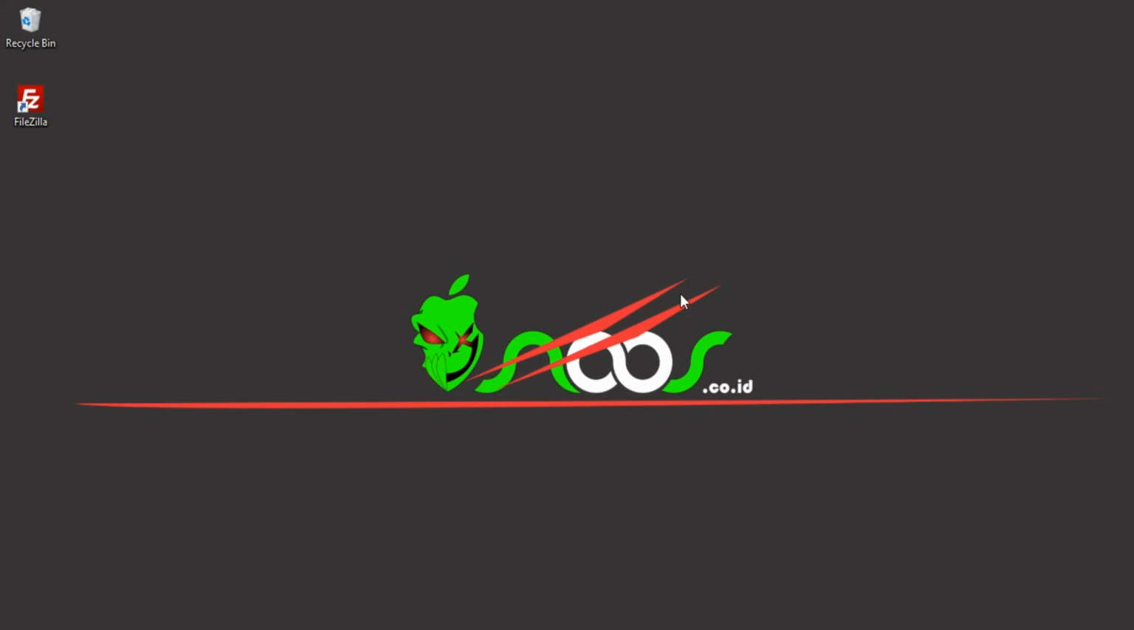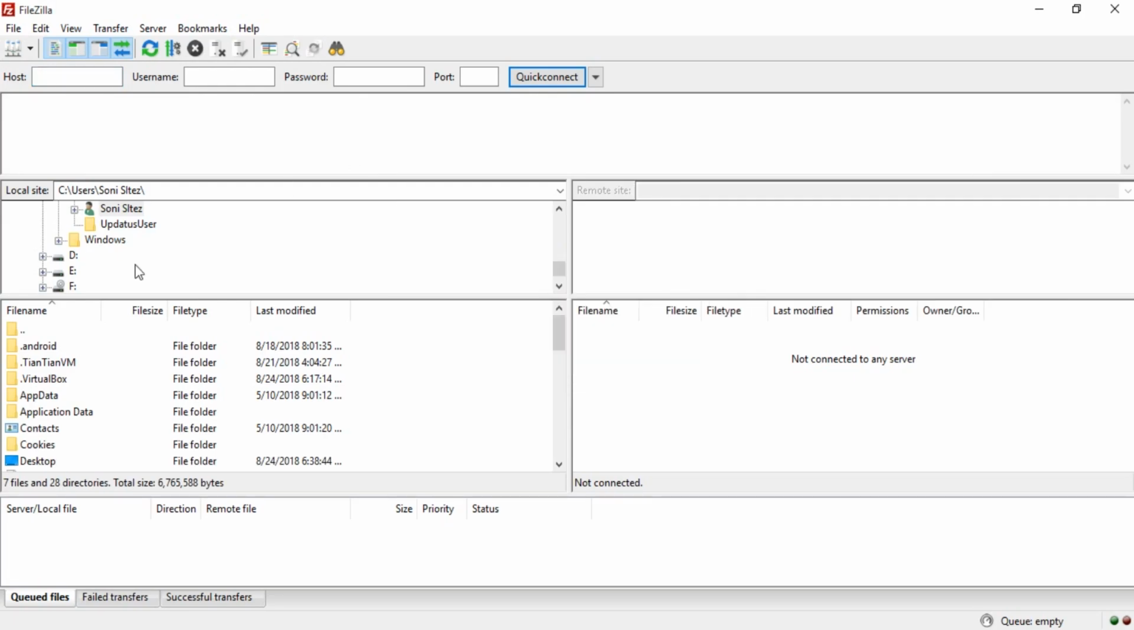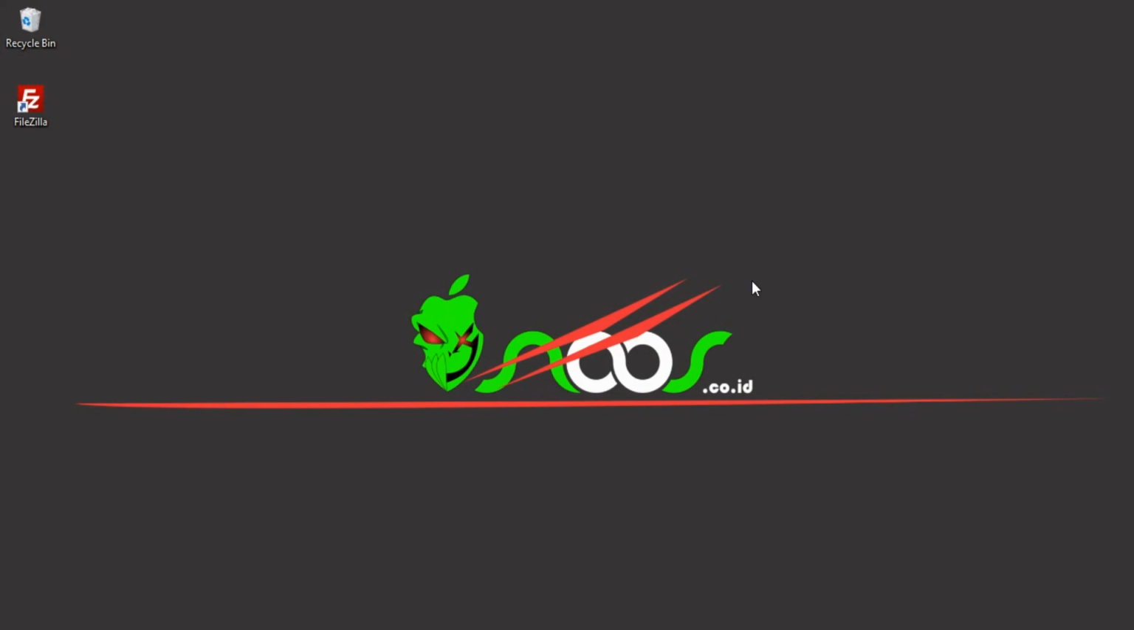Okay, in the previous video, we have learned about how to install and configure SSH server. Now, in this tutorial, I'm gonna show how to install and configure the FTP server. Using FTP, we can easily move our data or documents into our server in here, so we can just drag and drop without downloading manually using